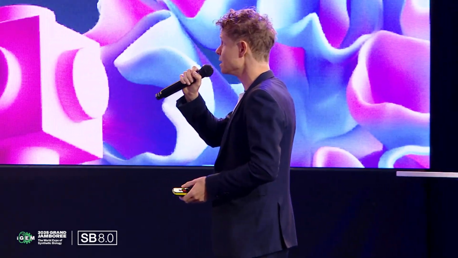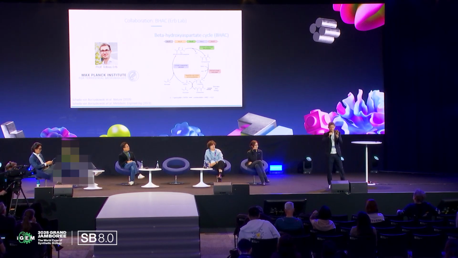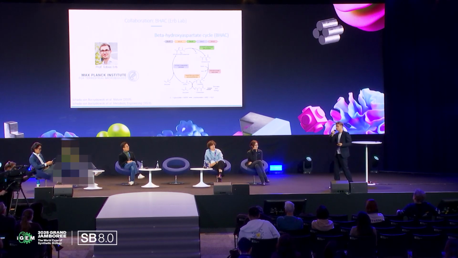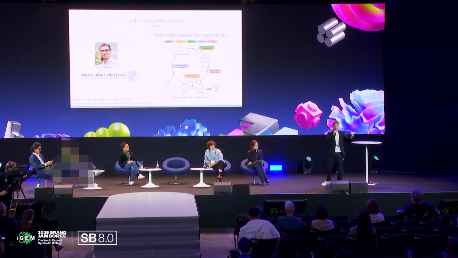So with this in hand, we feel pretty confident that it's working. So my PhD student has now gone to Tobias Erb's lab at Max Planck. His lab is working with the beta-hydroxyaspartate cycle, which is thought to be a very, very efficient way of converting glyoxylate into oxaloacetate. And most of us will probably say, well, that sounds exciting, but why are we doing that? The point is that glyoxylate is one of the products in photorespiration, while oxaloacetate is one of the ones that is used in the metabolism that is then turned into biomass or energy. So by making a very efficient combination, you can effectively make photosynthesis much more efficient for the plant.